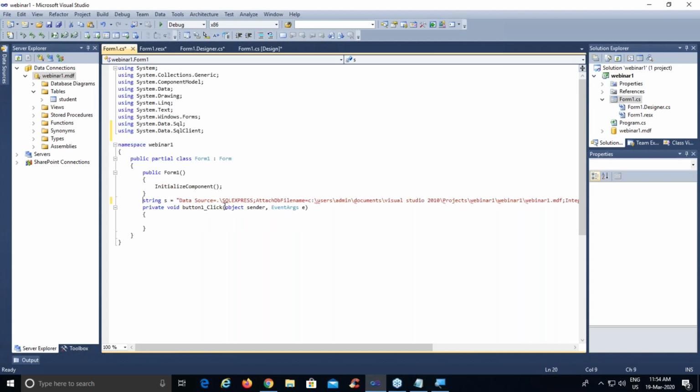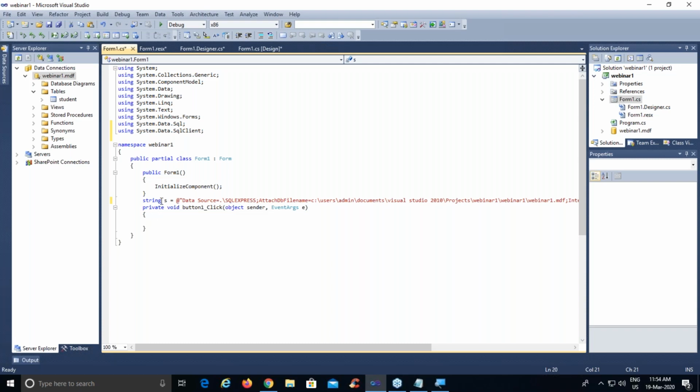Still, if you see there is some error in the connection string, it is saying unrecognized escape sequence. That means your software or .NET is not getting what you have written here. So just to make sure that .NET understands this particular string, we will add an @ sign at the front of the starting of your connection string. So now the error has been removed. So the first task of providing the connection string has been done.